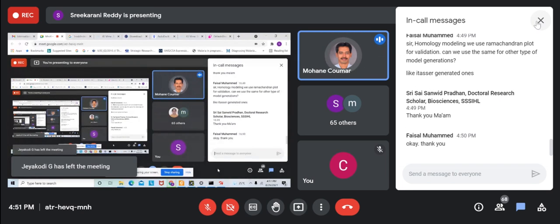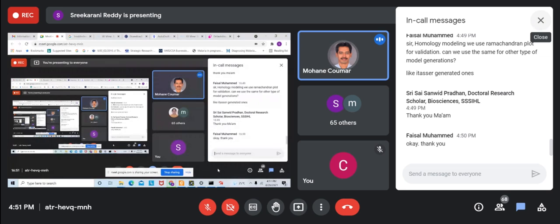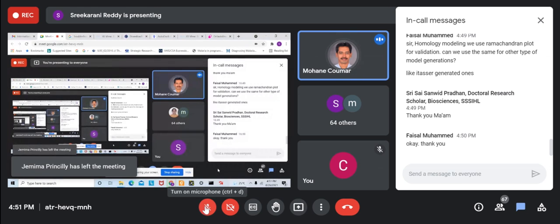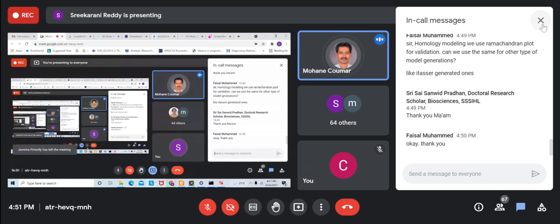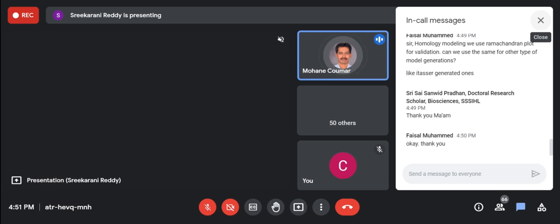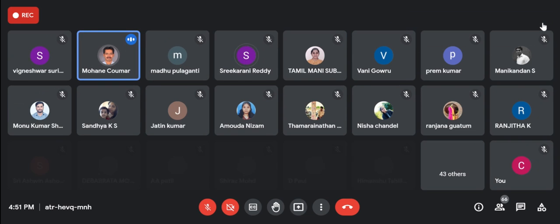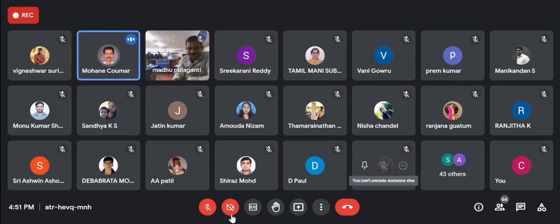Maybe it will be difficult because you need a Linux system. If you have a Linux system instead of Windows, then you can install the software and run it. Or you should have VirtualBox. If you have installed VirtualBox, you can run the Linux environment in that, and then you can run the GROMACS software. Not on Windows.